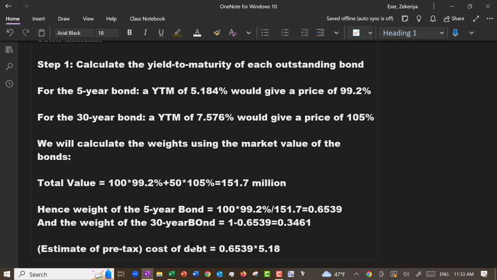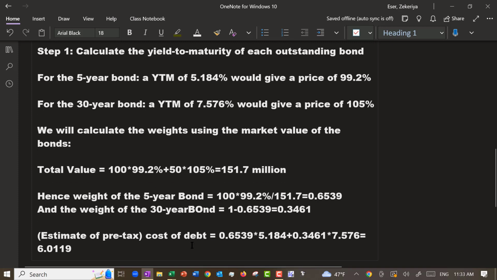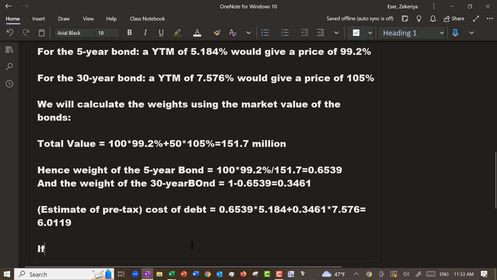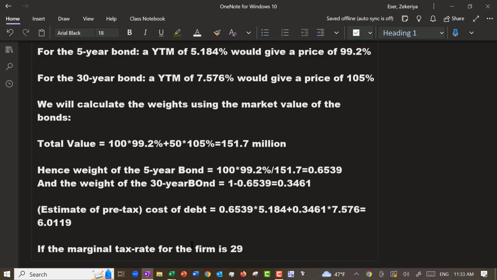5.184%, or 5.184. I'm just going to do, it's just the weighted average, okay? If the marginal tax rate for the firm is 29%, then the after-tax cost of debt is simply